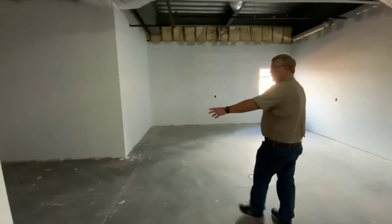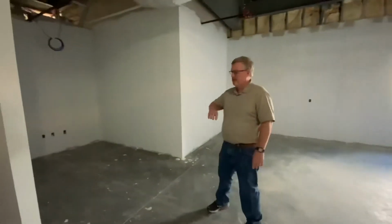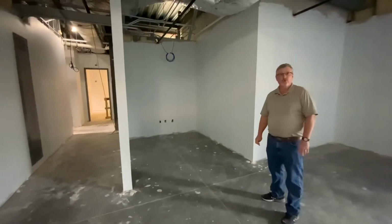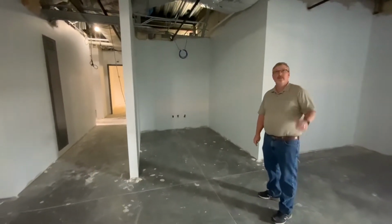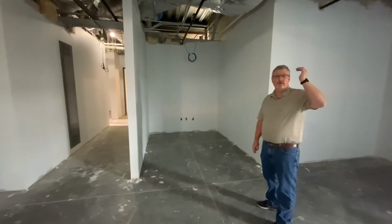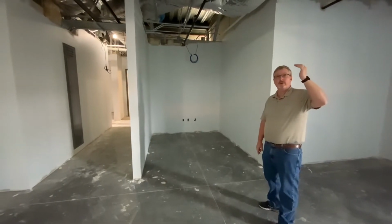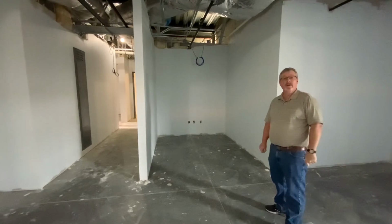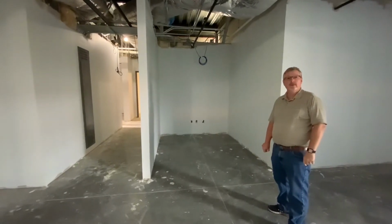This little area here will also have U-shaped cabinetry in it as well, so we're just going to have a lot of workroom area to do. This gets a drop ceiling in it rather than what they call a hard deck, with a sheetrock ceiling. So after they get done and confirm that all the work overhead is complete, then they'll